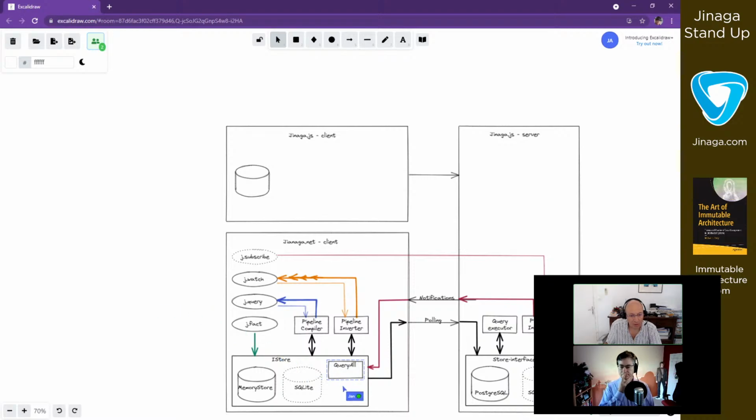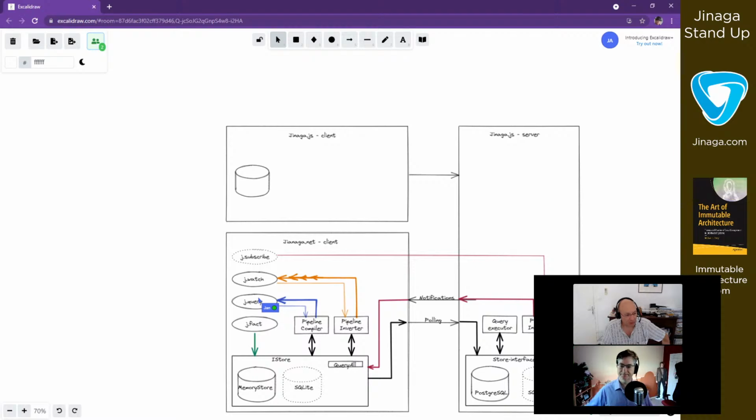I think that's a good idea. So we can just put this one here. I will do the layout later on. These two are in fact the translation, which is part of the store. It's the method. So if we do a j.query, we just give it a specification. It sends that to the pipeline compiler, goes to query all, and sends a one-time result back in blue.